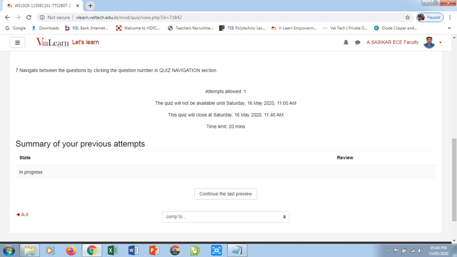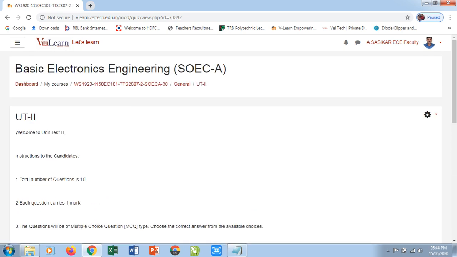So that's all about the verification process. I am requesting all the faculties to do this 2-step verification, and if you have any doubt you can call me. Once you verified everything and everything is fine, you just reply me by sending a message, no issue or no problem like that, to my WhatsApp number. Okay, thank you guys.